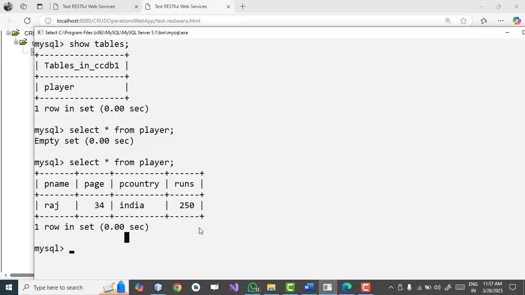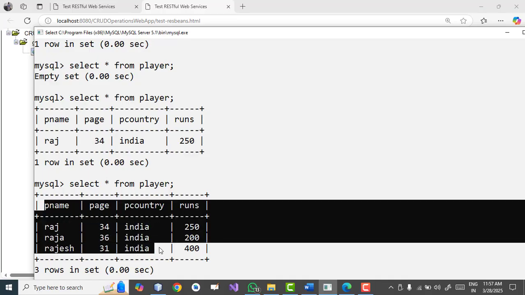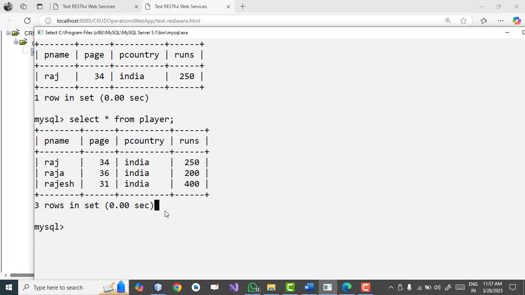Okay. Now go to the MySQL database. See, all the records are inserted. So this is my first operation, that is insert data. So we are done with the insert operation. Now we can